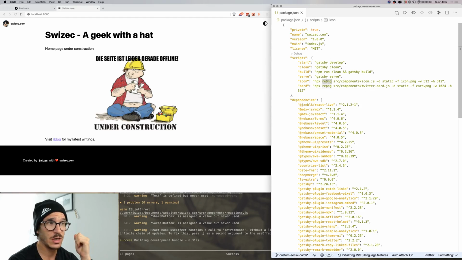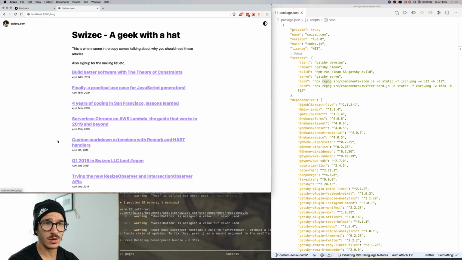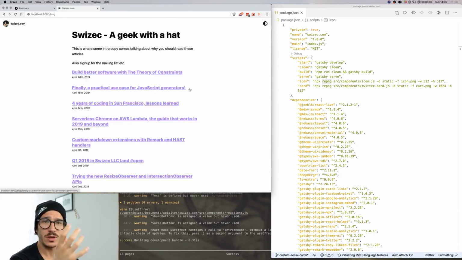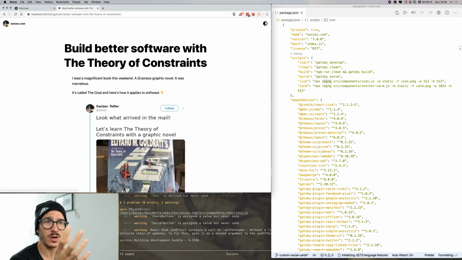For your posts. So I'm gonna try to do that. Basically what I'm gonna try to do is build a Gatsby plugin that takes the front matter from an article that I have, puts it in some sort of React component, and generates a PNG that I can then use as a social card image for when things go on Twitter and Facebook